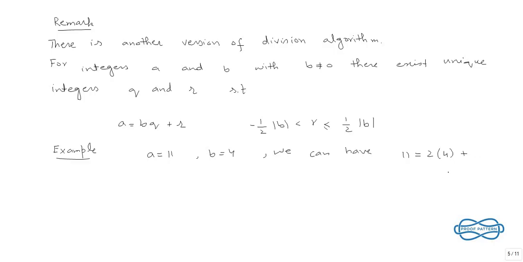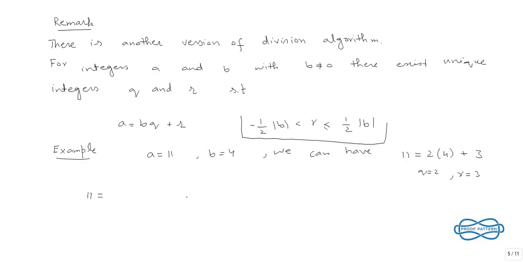Here q is 2 and r is 3, and r is clearly less than b but greater or equal to 0. This is the first form of the division algorithm, but this r is not in this interval,